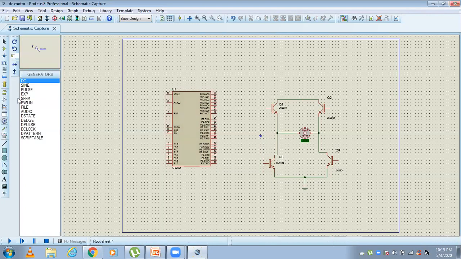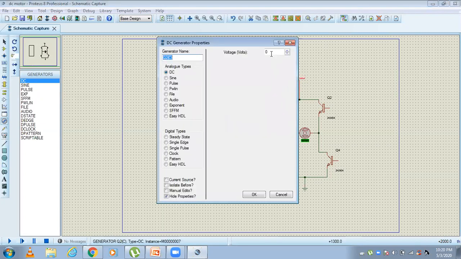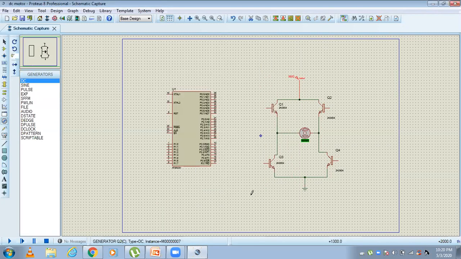So select this generator, DC. Select this one and connect to the collector terminals of transistors Q1 and Q2. The input voltage we have to give for the DC motor is a 12 volt supply. I have selected and given the 12 volt supply.